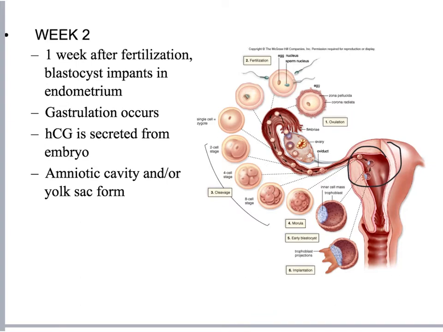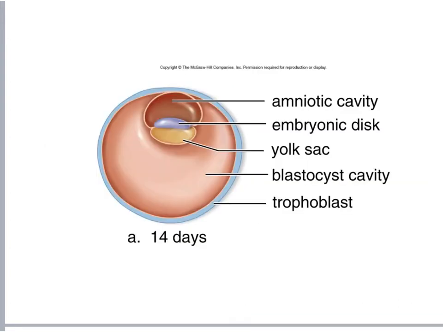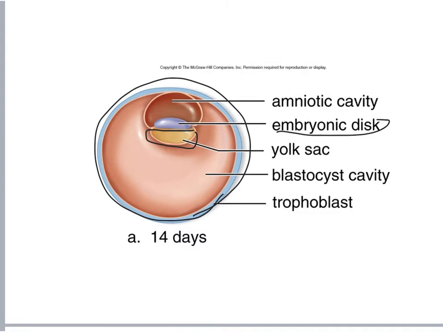At this point, the amniotic cavity and the yolk sac form. And here, I guess, is a cartoon version of what that looks like. It doesn't look like much, but if you think about it, boy, it's a lot just in 2 weeks. We've got the trophoblast, the outer part that will eventually become the chorion, or the embryonic part of a placenta, the fetal part of a placenta. We've got the yolk sac next to the embryonic disc, which eventually will become that fetus. We've got the amniotic cavity filled with fluid for cushioning and temperature regulation. We have the blastocele, the cavity there.